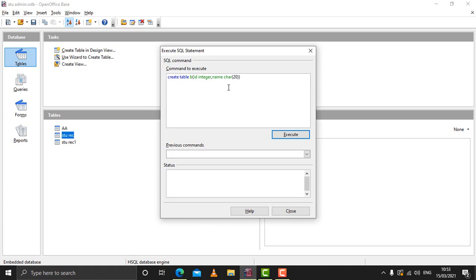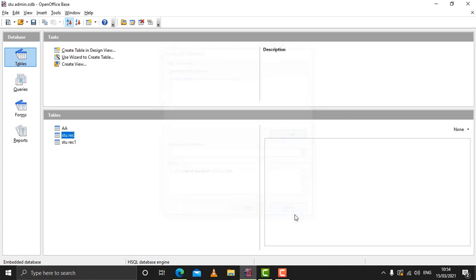So this is the command which can be given to create a table, and then you can click on Execute. As you click on Execute, you can see it is typed here, command successfully executed, so you can close it. But you can see no table is there with the name b here.